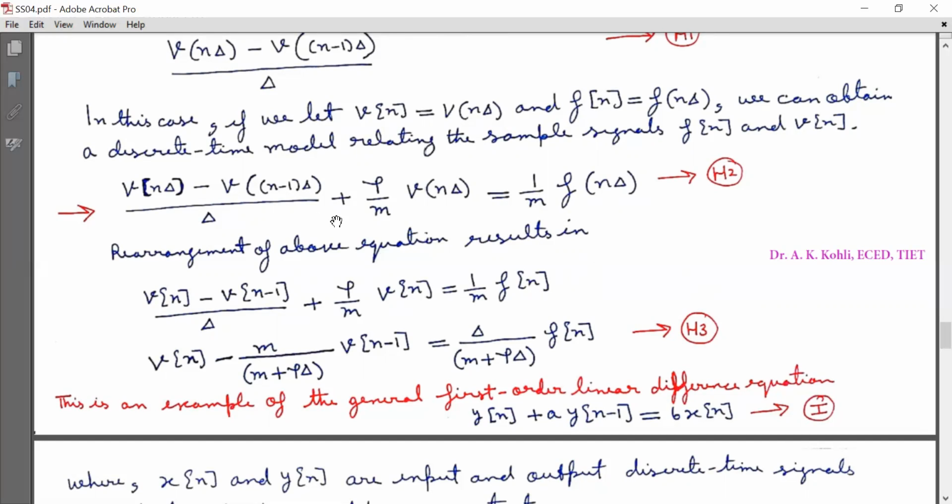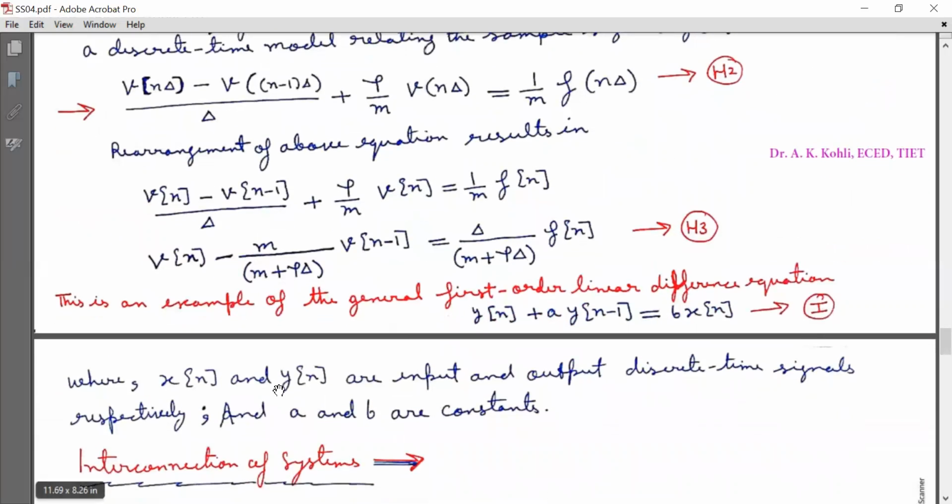So I have simplified this equation. First, I have written f[n delta] as fn and v[n delta] as vn for convenience. And now I have solved this equation to give equation H3 as shown. This is an example of the general first order linear difference equation, that is yn plus a yn minus 1 is equal to b xn. Mark it as equation I,